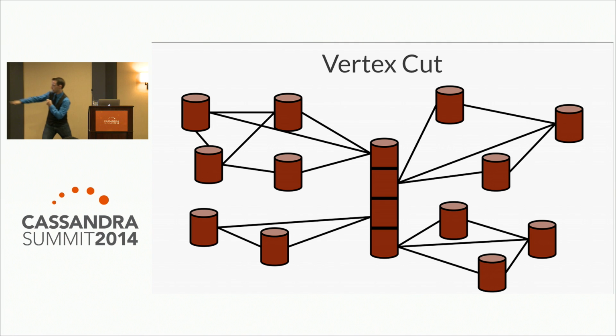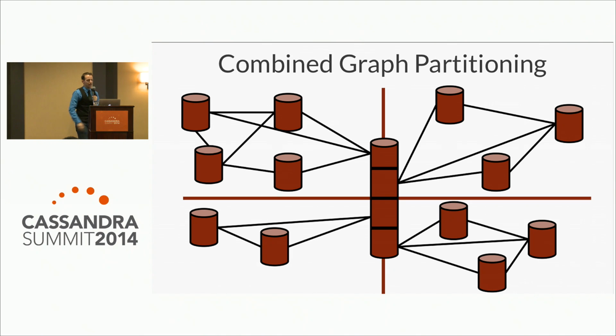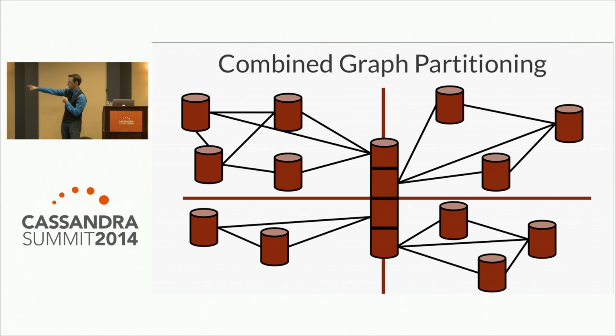So what I do is I cut those vertices and assign them to different partitions, right? If I combine this, basically you can see that the middle vertex, which is very highly connected in this completely toy example, we're going to cut that up so that one representative of this vertex sits on every partition in the graph. And then we're going to make sure that the edges going in and out of that vertex are local to that partition,